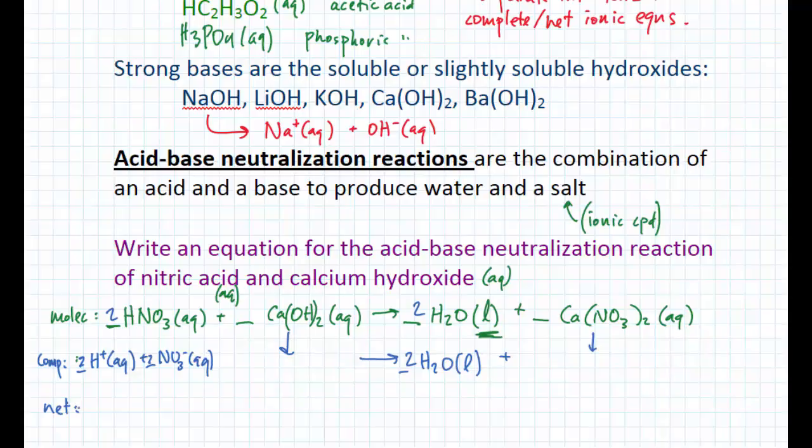Sometime on your own, well, you're going to do it for the experiment. What would be the only things left over then to make the net ionic equation? Yep, it's going to be H plus, OH minus,